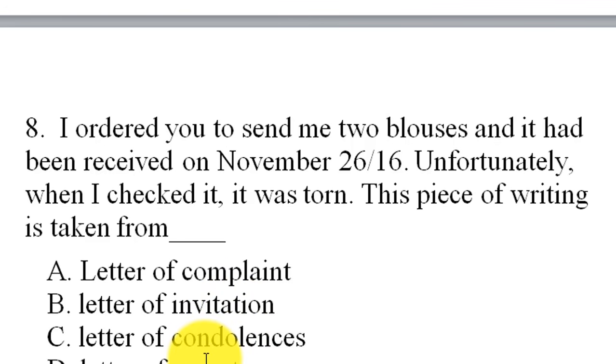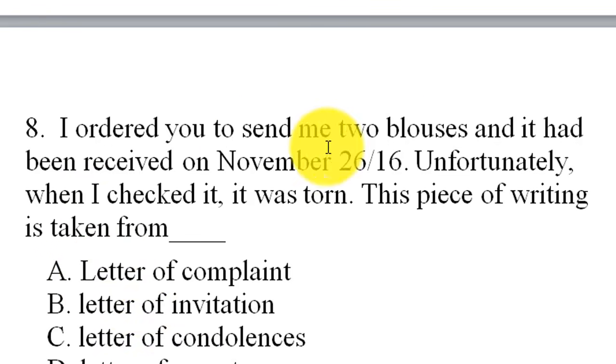letter of condolence, or letter of report. To answer the question, first you read the sentence, these 2 lines, and understand the meaning of the sentence, and then come to the distractors. What does complaint letter mean, and how do you complain? What is an invitation letter, and how do you invite someone in a written letter? What does condolence mean, how can we write a condolence letter, and what does a letter of report mean? What expressions do we use to write a report letter? The answer should simply be a letter of complaint here,